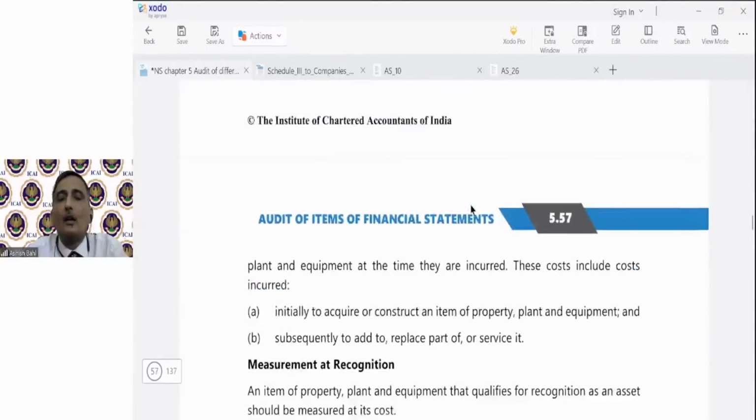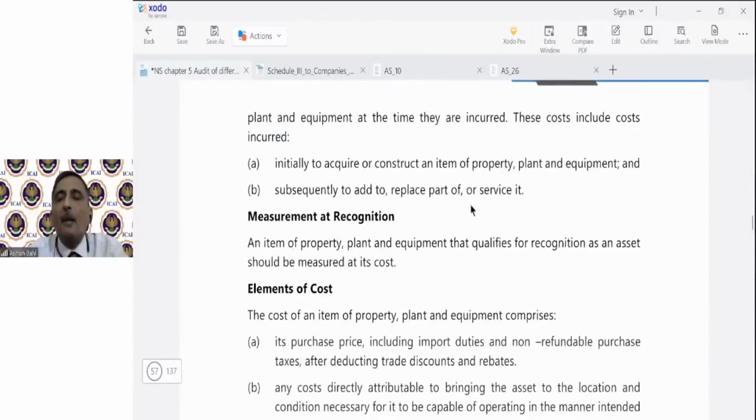सो जब भी स्टूडेंट्स कोई PPE आइटम की कॉस्ट होती है तो उसमें कंपनी जो है दो चीजों को evaluate करती है कि उसमें initial उसको परचेज करने के लिए या कंस्ट्रक्ट करने के लिए क्या कॉस्ट आई और subsequent उसको सर्विस करने के लिए क्या कॉस्ट है. तो नॉर्मली जो सर्विसिंग कॉस्ट है, या जो उस चीज को रन करने की कॉस्ट है,